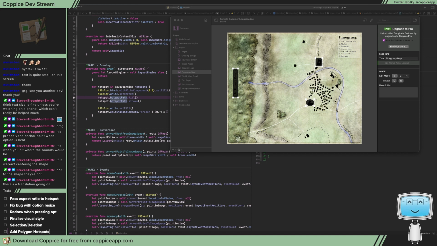If we get all those first things done, then all we need to do, in theory, is add our polygon hotspot. Oh, we've got creation to do as well. Selection, deletion, creation. So get those bits done, and then once all this is working, this view just works. Then we can add our polygon hotspots, and then once that's done, we can start actually hooking this in properly into this edit mode. And then if I just go to Jira,